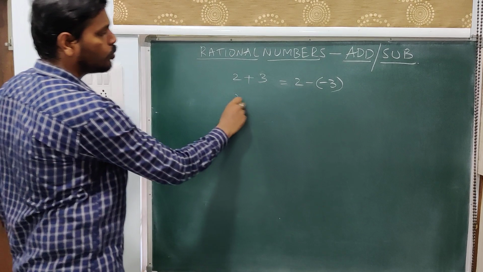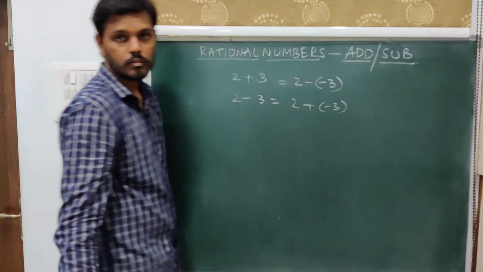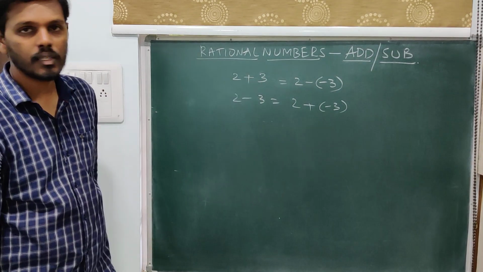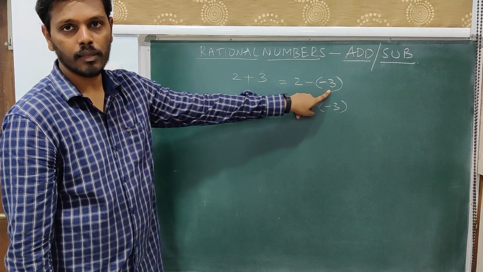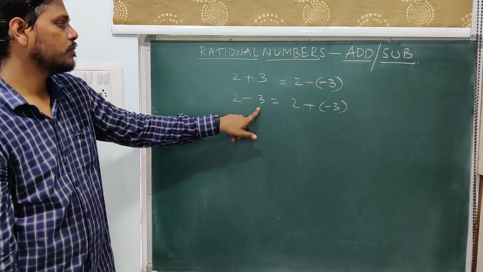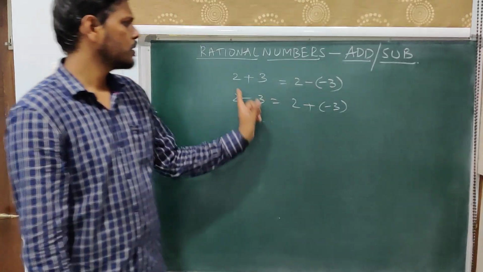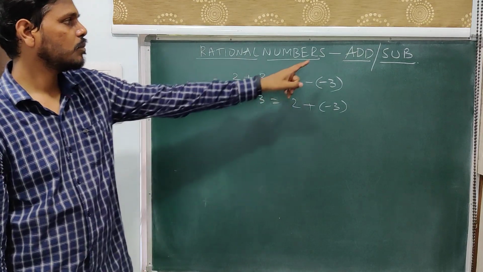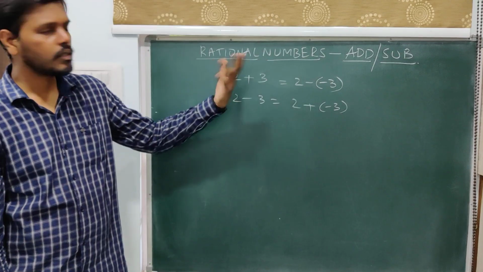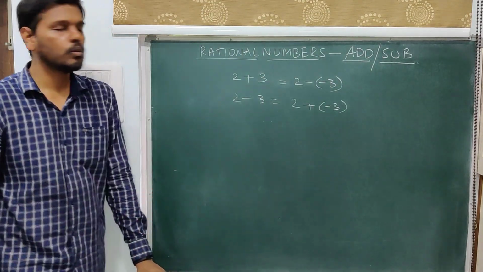If you are talking about 2 minus 3, you can write it as 2 plus minus 3. So here you are adding a negative number. Now adding a number is the same as subtracting the additive inverse of that number. Similarly, subtracting a positive integer is the same as adding the additive inverse of that positive integer. So that is the reason we don't make a clear distinction between addition and subtraction. We talk interchangeably. Okay. So what we do today is we try to learn how to add rational numbers.